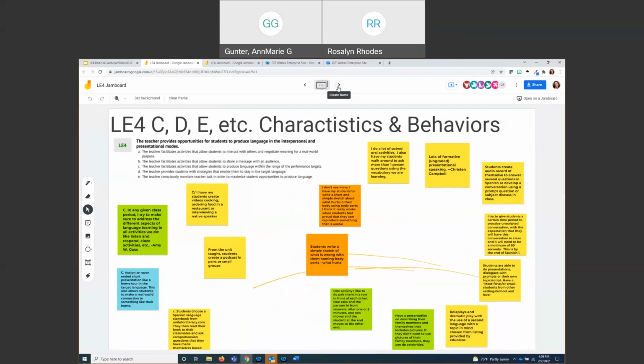That's great. And like I said, this will be here for us to continue to add to. The Jamboard and this activity and all the things we've done today become part of our archive. So you'll be able to come back to this, take a look at it. You'll be able to replicate these activities if this is something you want to do maybe with your colleagues, or even if you want to use Jamboard with your students to use the target language in class. Remember, this is a good way for them to share messages and things like that and do different activities.